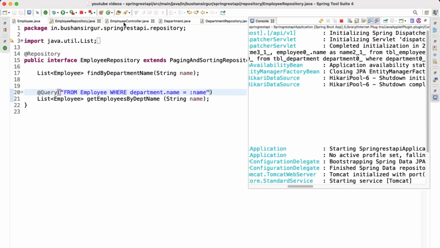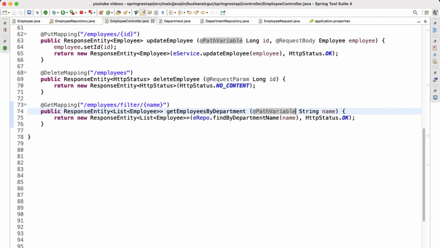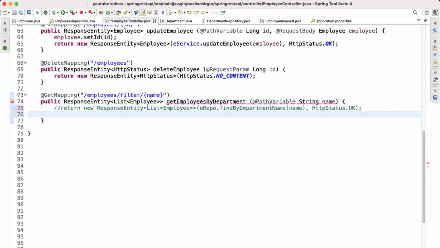Let's go to the employee controller, and inside this I'll just quickly comment this, and then we are going to call the new method, which is return new ResponseEntity. This is going to return the list of employees.